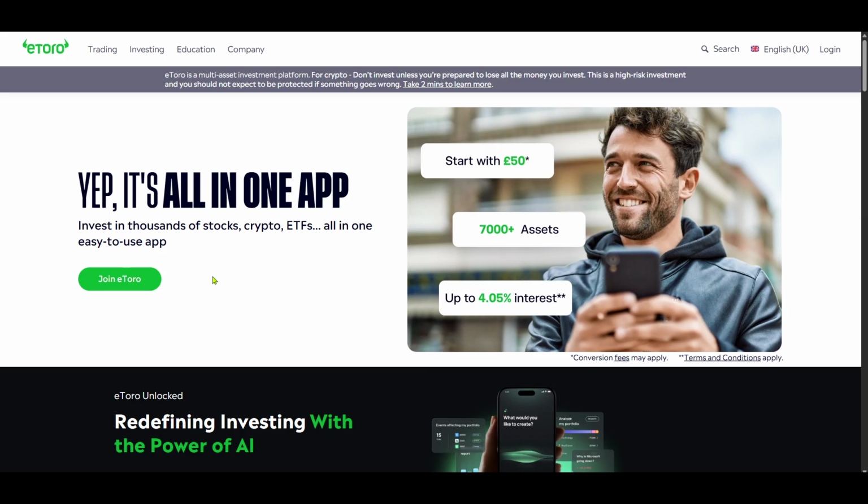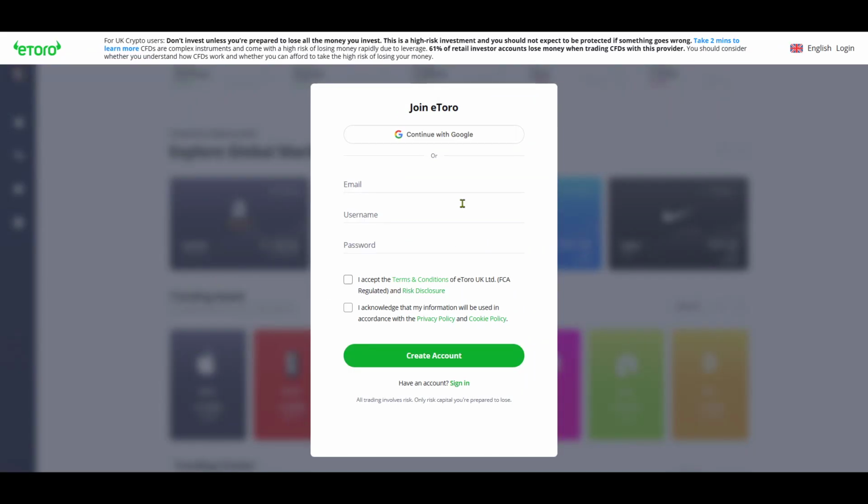Now, setting up your account involves entering some essential details. You'll be asked to fill in your personal information such as your username, email address, and password. Make sure to use a strong password that you haven't used before, as this will help in keeping your account secure. Take a moment to double-check that all the information you've entered is accurate, as this will avoid any future